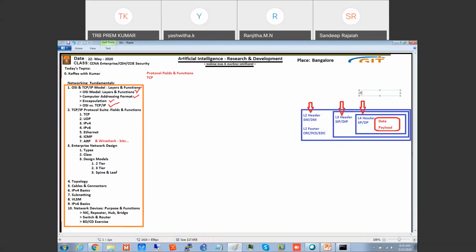If I add a UDP header, what fields will come? TCP and UDP. In the same way, if I add IPv4 here, what fields will come? For IPv6, what fields will come? Then in L2, I'm going to take one protocol, Ethernet. If I add Ethernet, what fields will come? And for each and every field, what is the function?